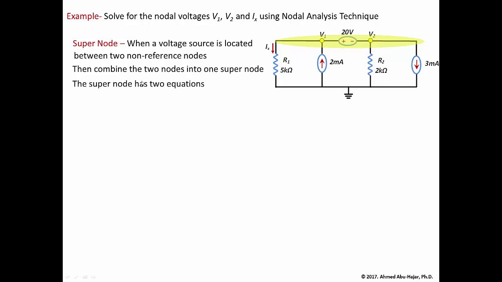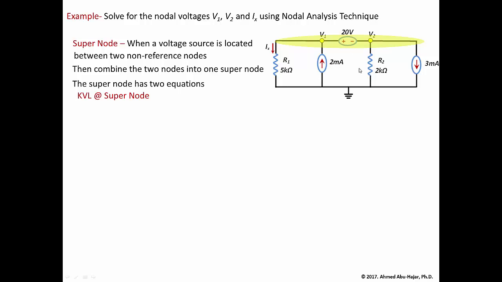So the supernode has two equations. Let's look at the two equations for the supernode. The first equation for the supernode will use KVL. Well, we know that the voltage will increase from 0 to V1, which will equal V1 here. And then there is a voltage drop across the voltage source here. And then the voltage will drop across V2. So you can use KVL around this loop, for example, to define the supernode voltage equation,